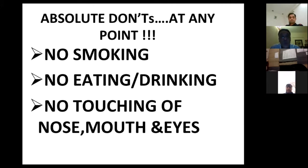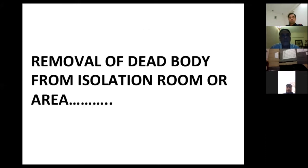So there is no touching of the nose, mouth or eyes allowed for any person who is involved during this, from the time of death to the full cremation, I mean, to the burial. And we'll start from the handling of the dead body, from the removal of the dead body from the isolation